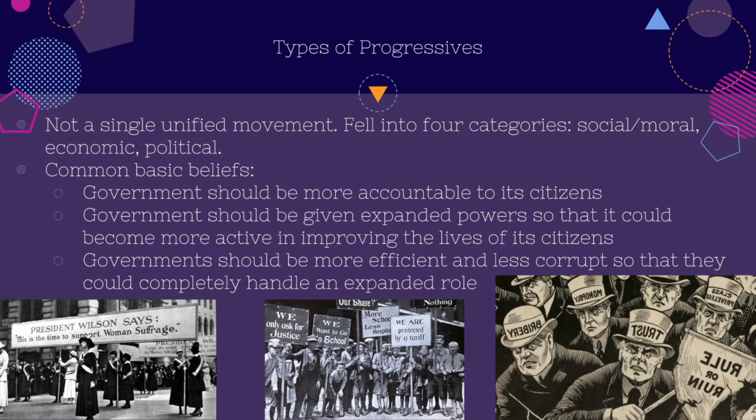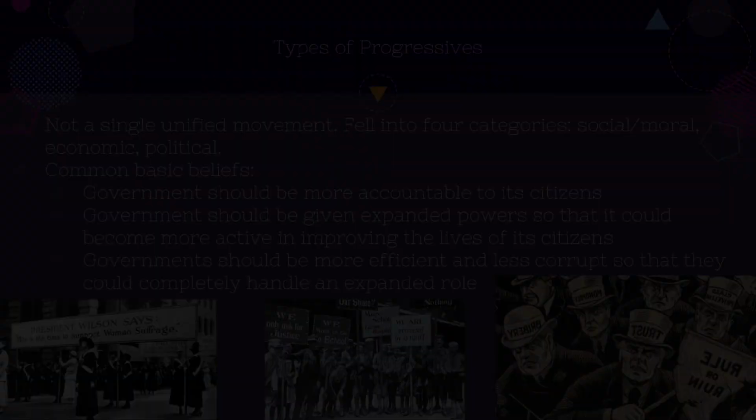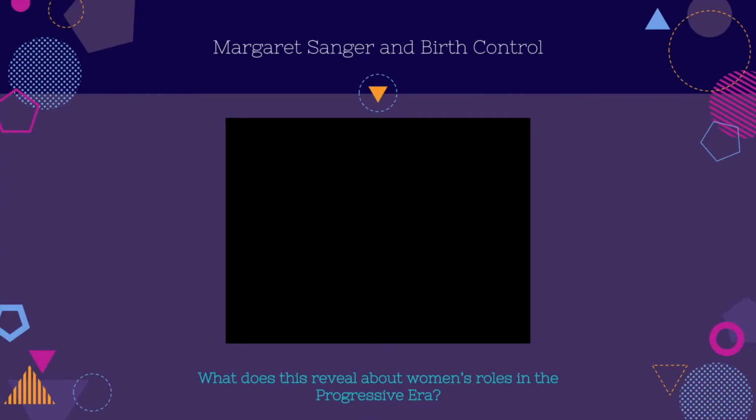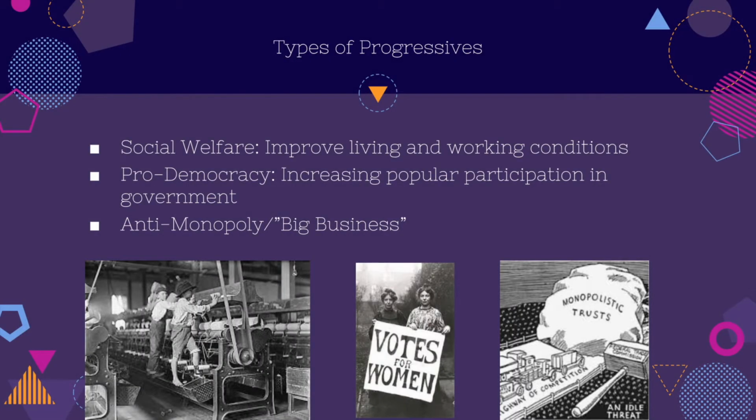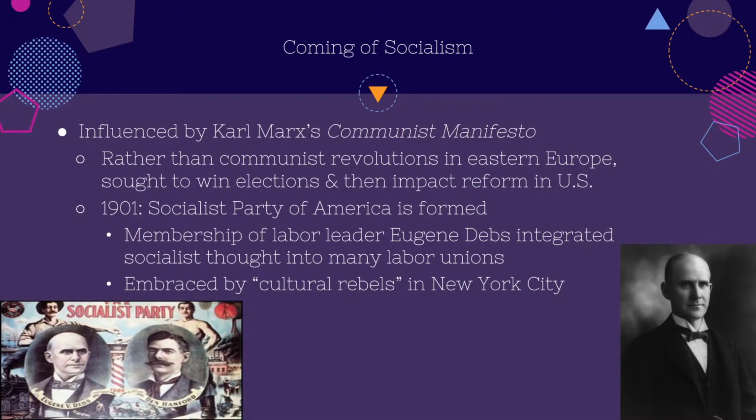Okay, so again, there's no one size fits all formula to progressives, and I do not want to spend any more time talking about this. I think we get the point of these slides that we already really discussed in class. All right, we talked about Margaret Sanger. We already know about that. Types of progressives, right? We already definitely touched upon these three, right? We could sort of break these down into social, political, and economic progressives, although by no means, of course, did you have to be just one of these categories, but in general, these are the different examples that we like to discuss.